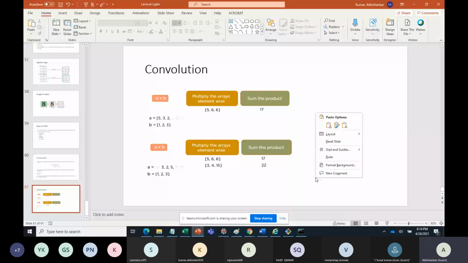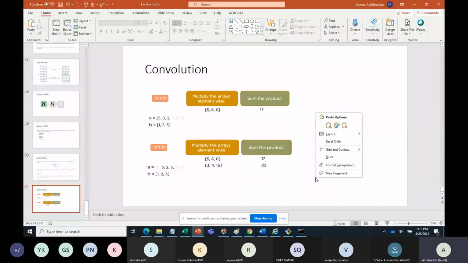Okay. So basically, why are we doing convolution? Because we want to reduce the dimension of the matrix. So we have, let's say, larger images. Let's say you have a pixel matrix of 256 into 256. We want to reduce the dimension of 256. So basically some of the unnecessary features we want to remove. That's why we are using this convolution operation.